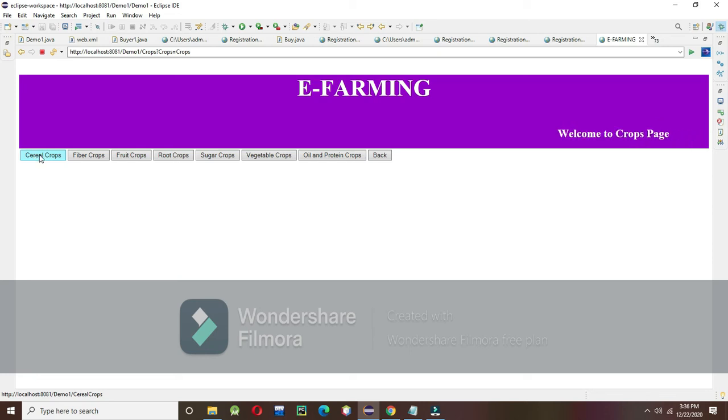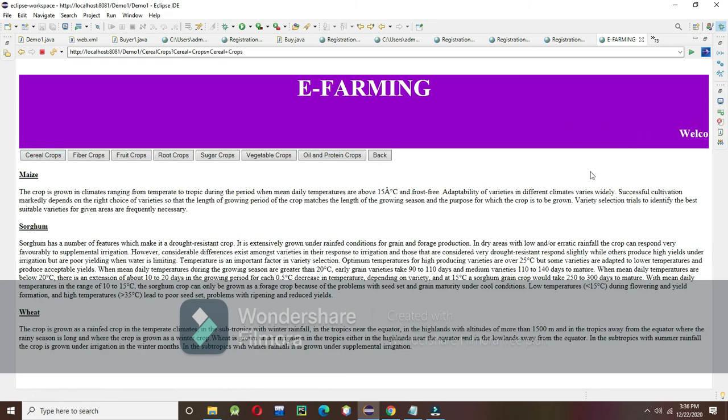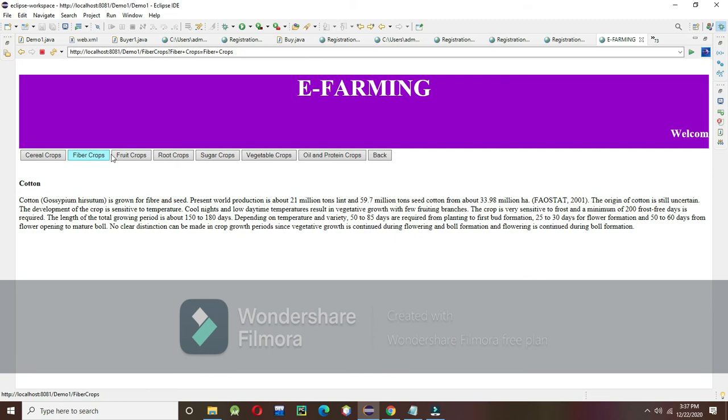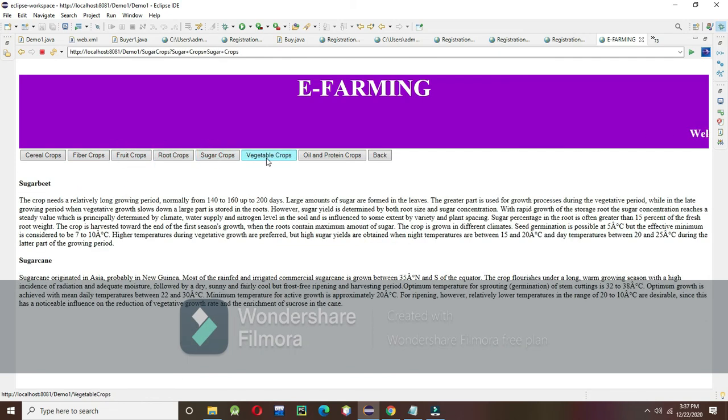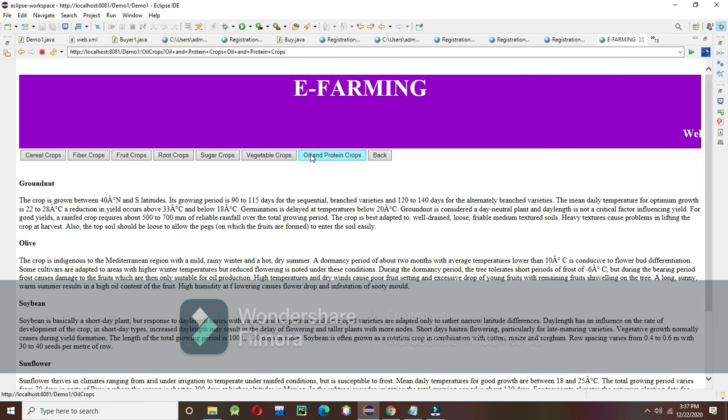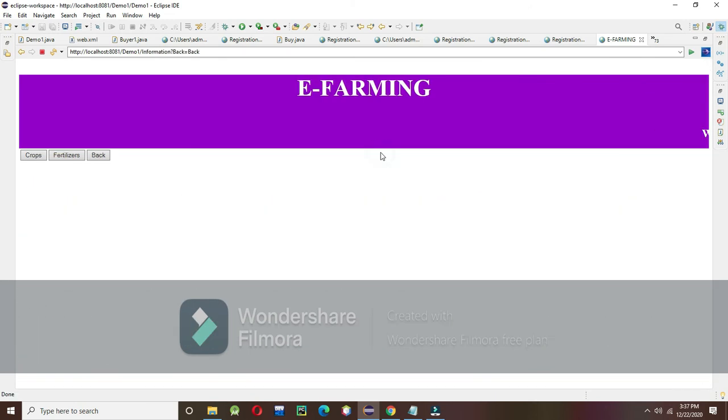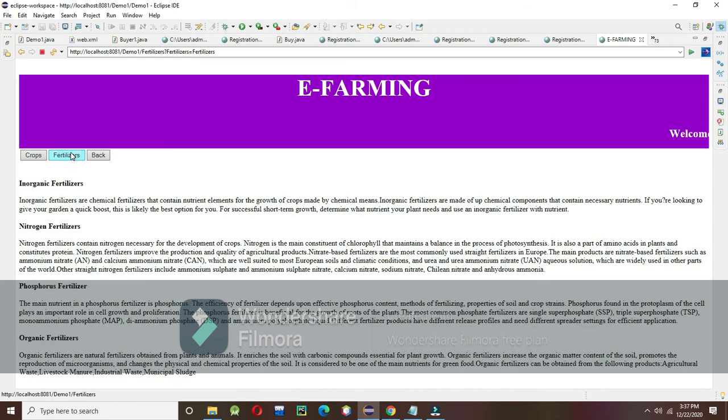So when we go to that page, we can check the information. And this back button is used to go back. With the help of this button, we can obtain the information about fertilizers.